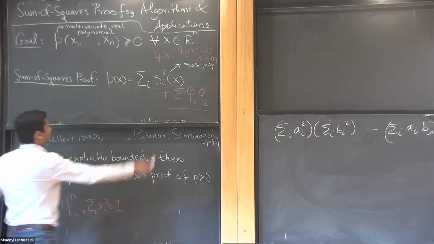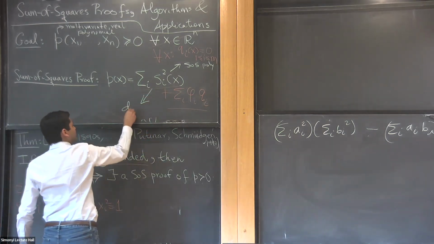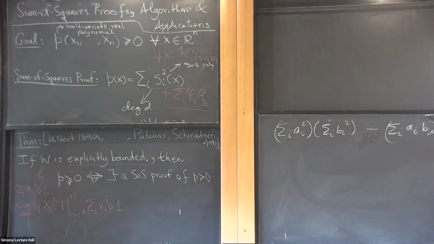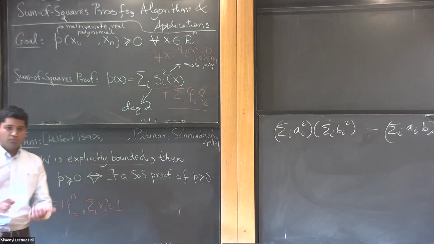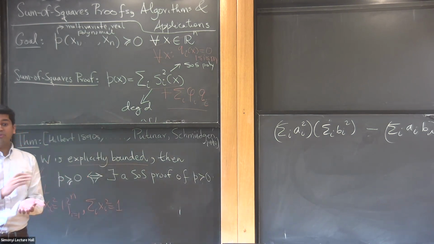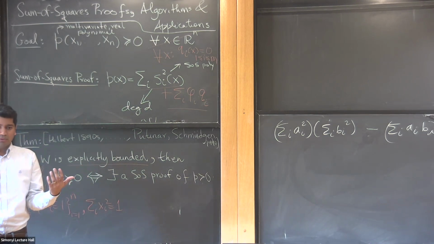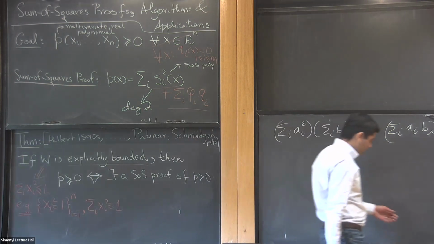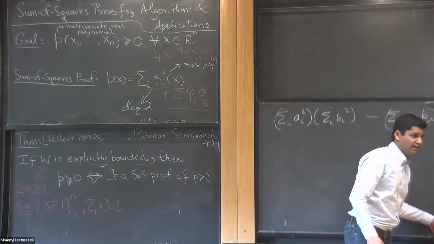Okay. So, if the degree of the right-hand side is d, then, in some sense, the complexity of the proof is roughly n to the d. Okay. So the verification time, the time it would require to either describe this proof or for you to check it, would be roughly n to the d. Okay. The miracle, which happens to have a rather simple proof, but is really great, is that